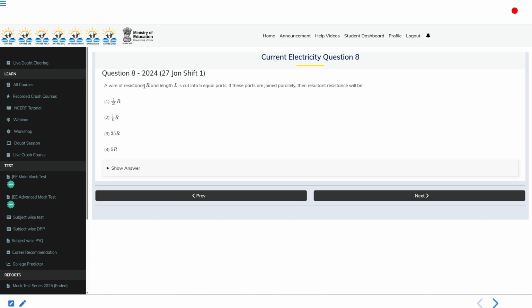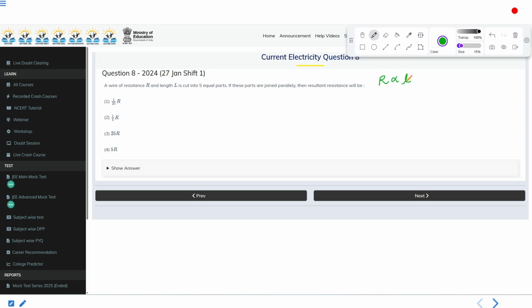Okay, so this is another question. A wire of resistance R and length L is cut into 5 equal parts. When we are cutting the resistance R of length L into 5 equal parts, we know that R is proportional to L. If we are cutting this wire of length L into 5 equal parts, its resistance will